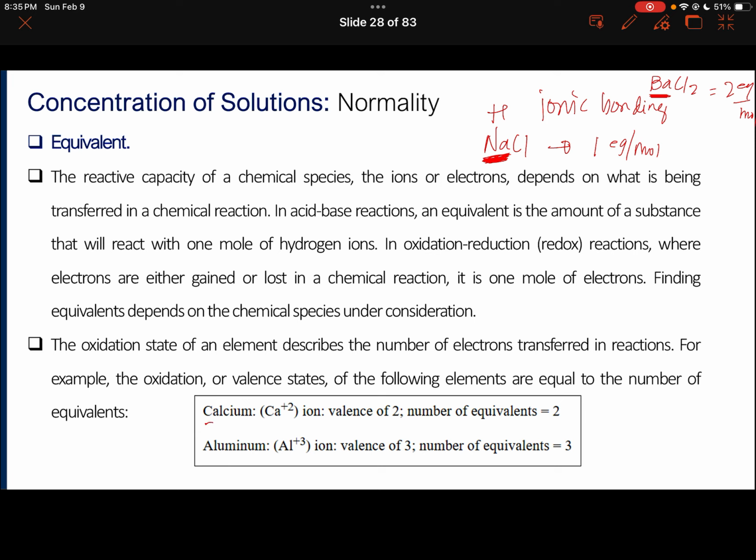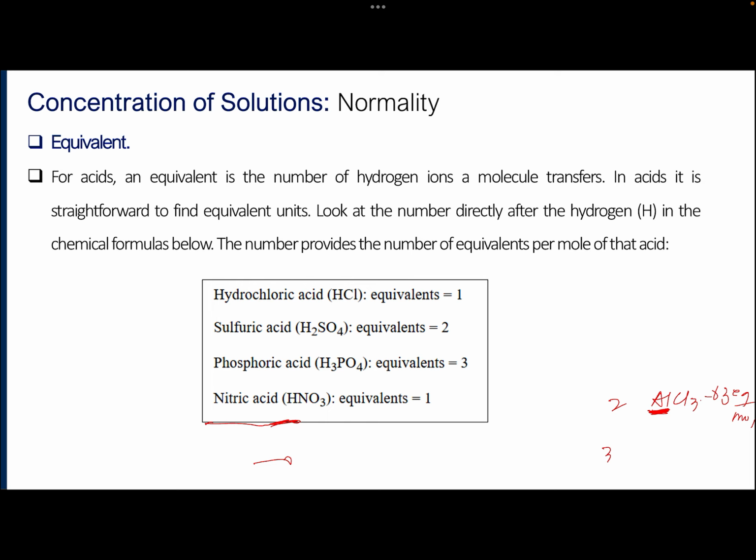Another example, calcium is still 2, and then aluminum is 3. So for example, if I have aluminum chloride, we have 3 as the number of replaceable, 3 equivalents per mole. Again, look at the oxidation number. This is true for ionic bonding. However, if we have